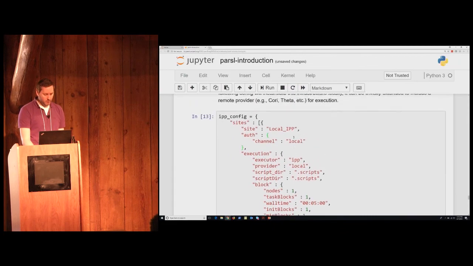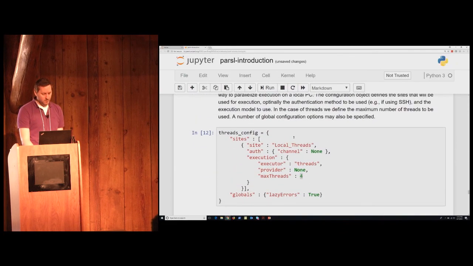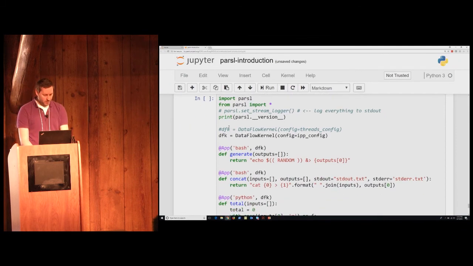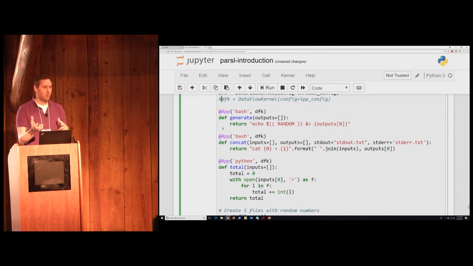So you'll see I've defined 2 configs. I've defined this IPP config, and I've defined this threads config. So now when I go to run my script, I can change these back and forth. So if I want to run just with threads, which is actually surprisingly common that people want to combine threads and IPP in various ways,